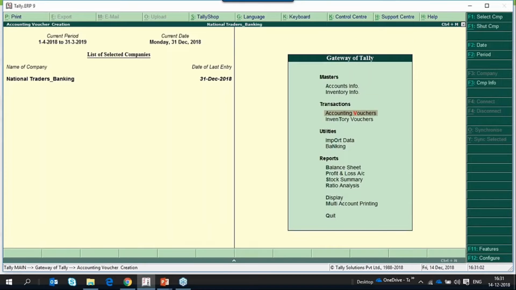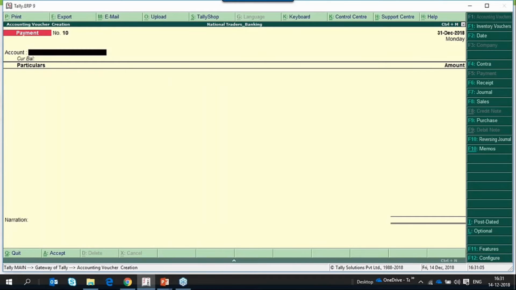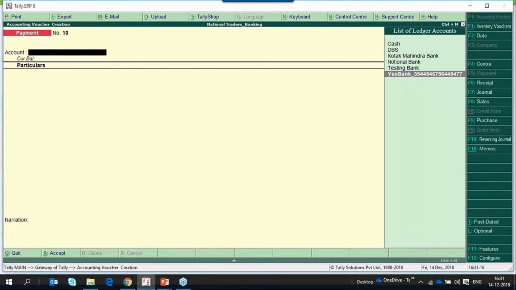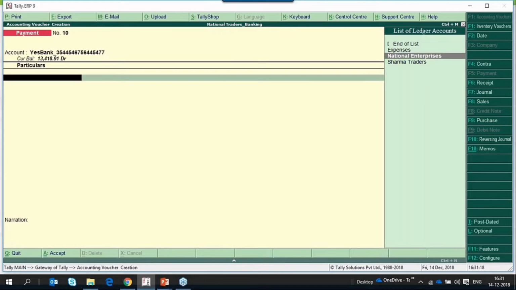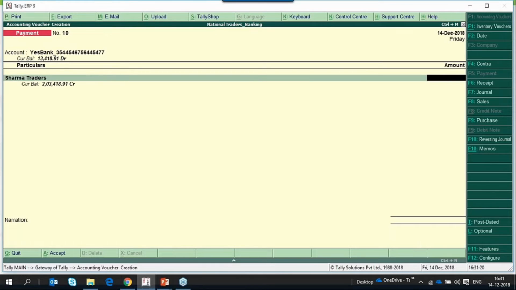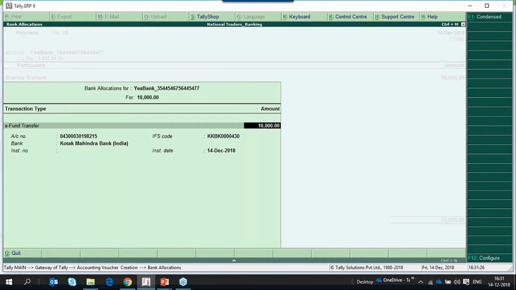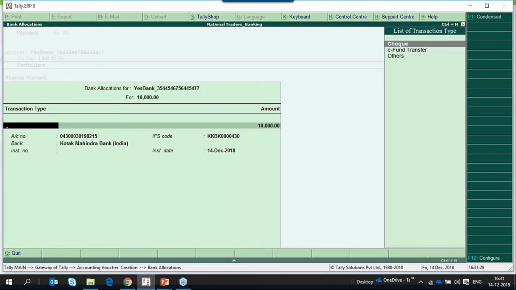In accounting vouchers, payment, I'm recording a payment on 14th December, today's date. Select S Bank, making a payment to Sharma Traders of 10,000. Select the nature of transaction type as check.